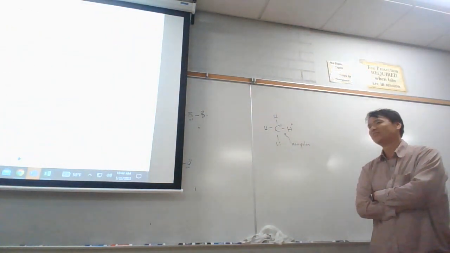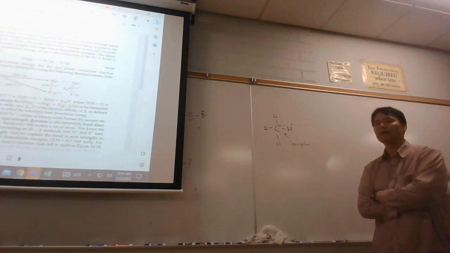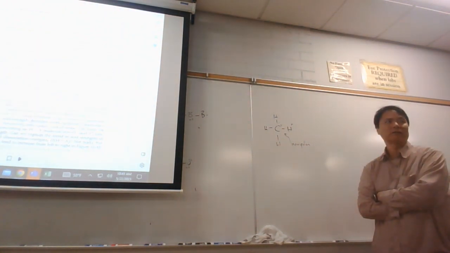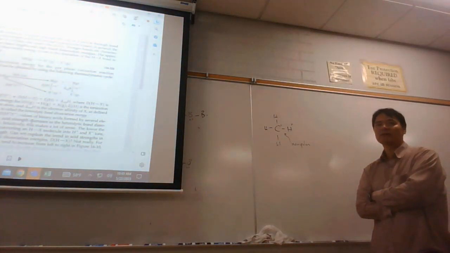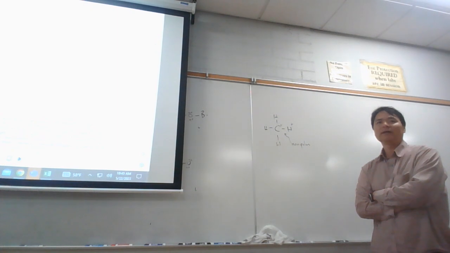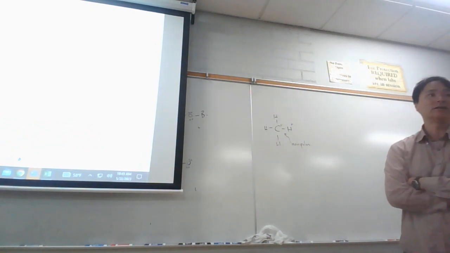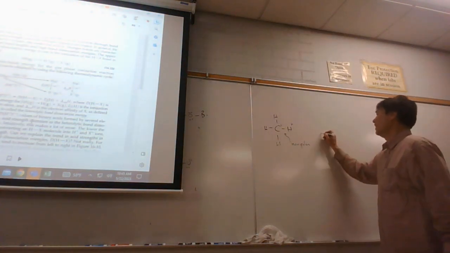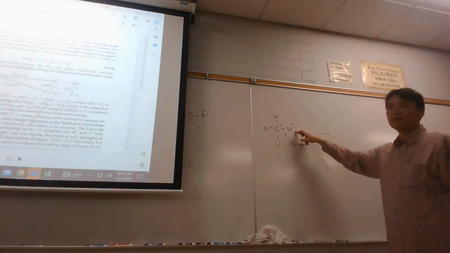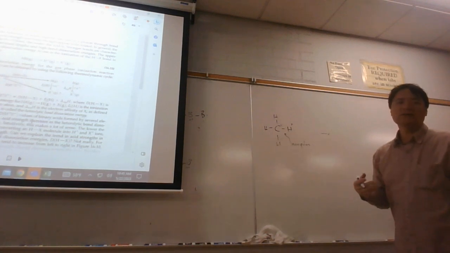That's number 2. Number 3, what would the products be if you deprotonate? If you pluck off the hydrogen, we call it deprotonation. What would the products be? The product would be kind of unstable. It would be a methide anion. You know what a methide anion looks like? Well, if you had a base powerful enough to pluck it off, you'd need a powerful base. And this is why